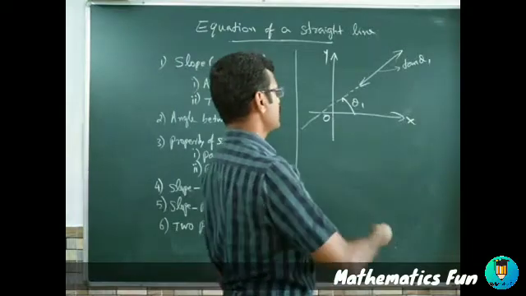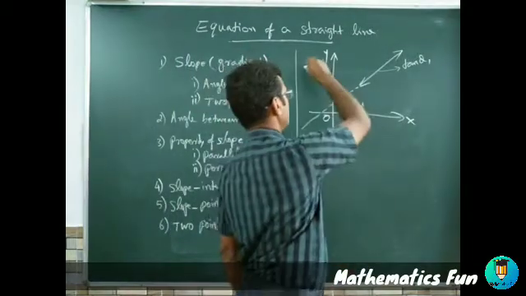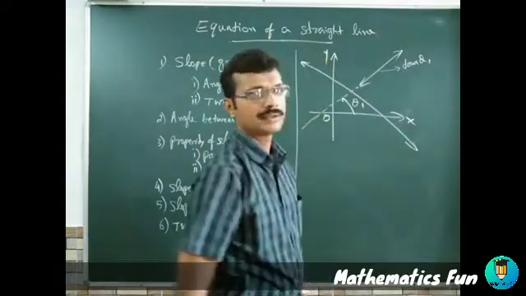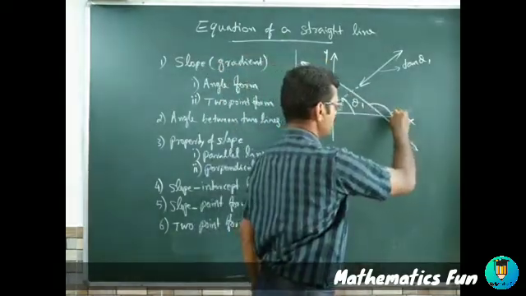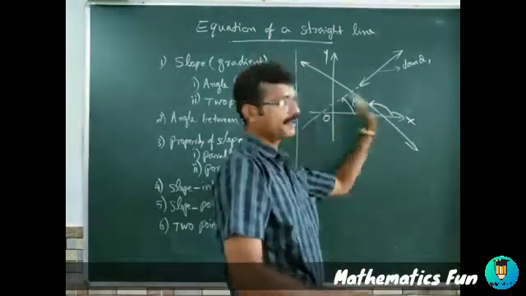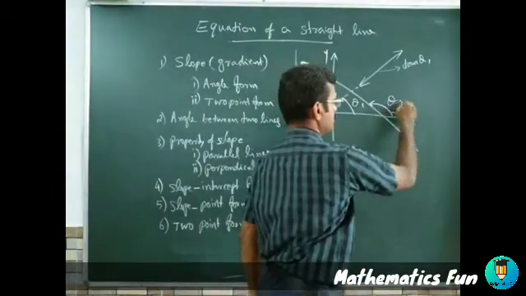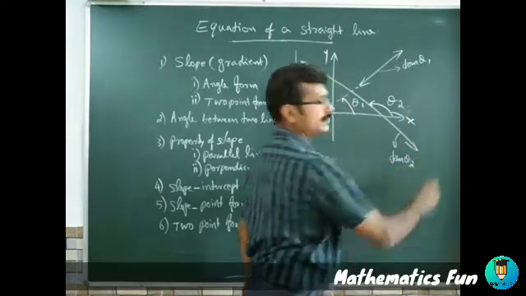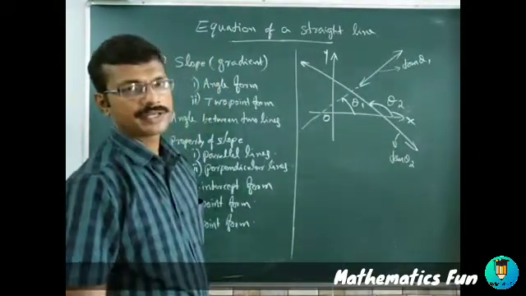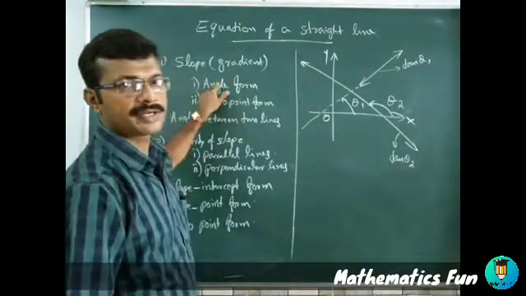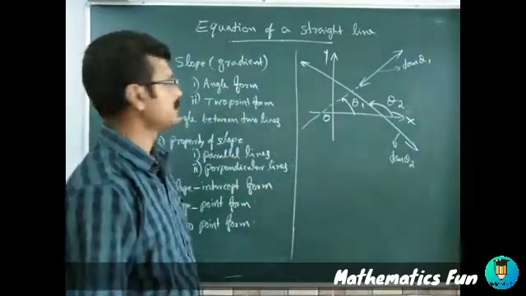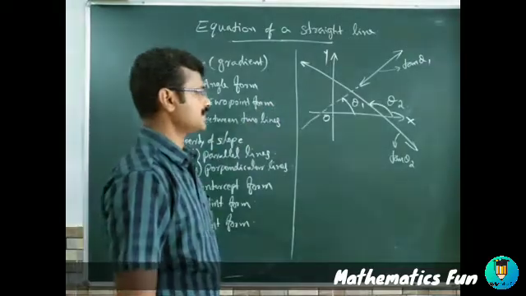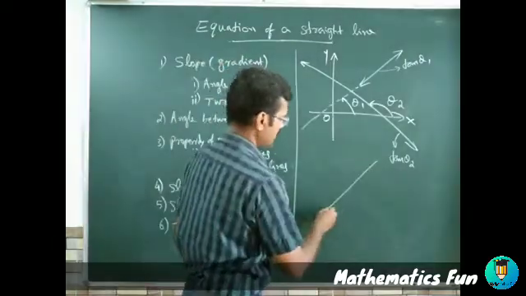One more line I am making in this diagram. This is the line, and this is another line. Here you see this angle, measured from the positive direction. This is theta 2, so naturally the slope of this line will be tan theta 2. So you studied already in standard 10 that slope can be calculated in terms of angle, that is tan theta 1. Another thing you studied is the 2-point form, that is when 2 points